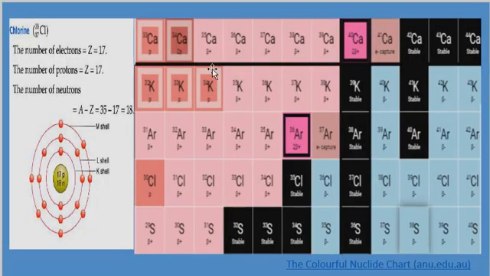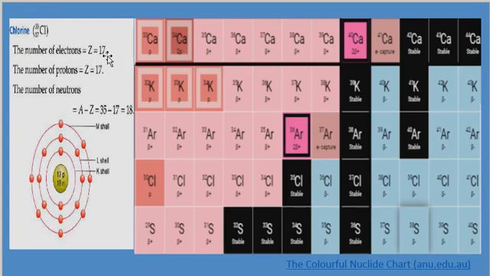Now going back to the nuclide symbol. On the left-hand side top we write the mass number, and at the bottom we write the atomic number. This is the periodic table: potassium K, calcium Ca, argon, chlorine, sulfur. This is how we write it. Then 35 on the top, 17 on the bottom for Cl. That means 35 is the mass number, 17 is the atomic number.